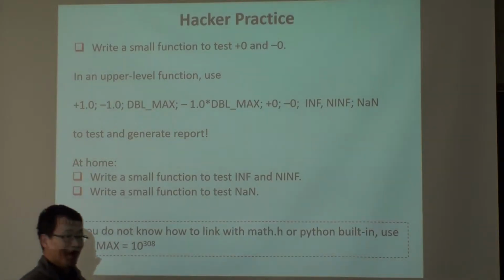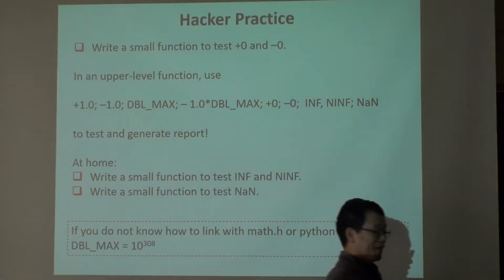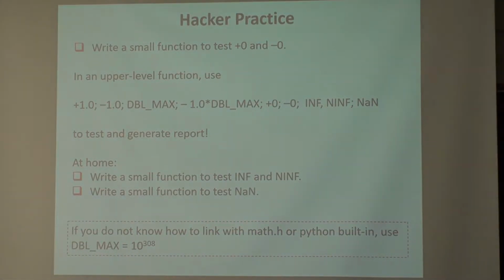Probably the hint is that you have to go from the inverse, right? The inverse of that parameter has to be positive infinite, right? So you cannot test it's equal 0 directly because +0 is equal to -0. Okay, you have to test the inverse of that parameter to see whether the only return.